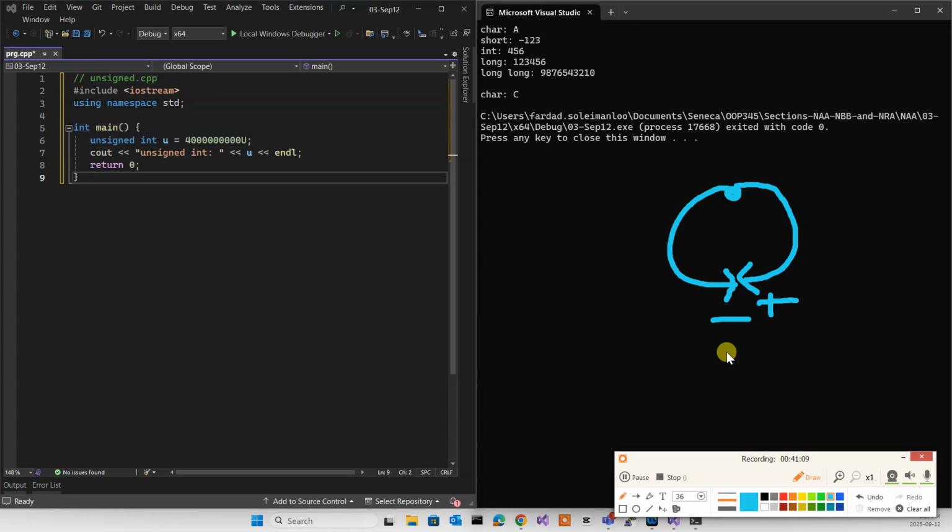If it's an unsigned integer, then this is what you have. You have the 0, and then it goes over here all the way to here. And that's the maximum positive. If I have an unsigned character, it's from 0 to 255. If I have the 255 value in it and I add 1 to it, it becomes 0.